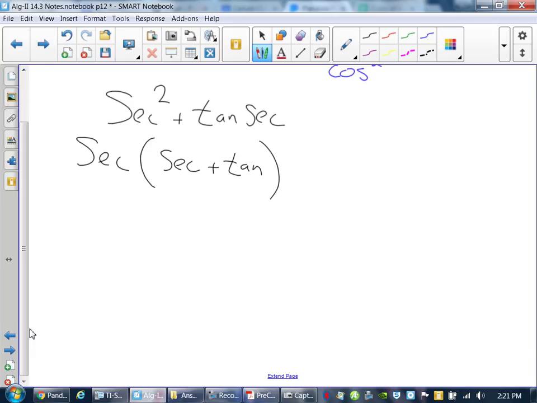Okay? So secant is 1 over what? Tangent's 1 over what? Do these guys have a common denominator? Which means I can combine them and get